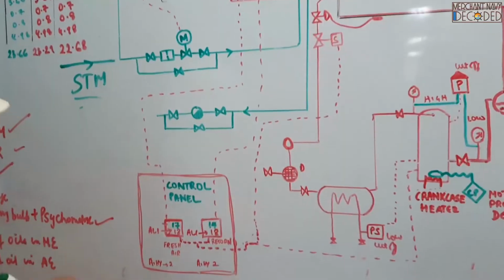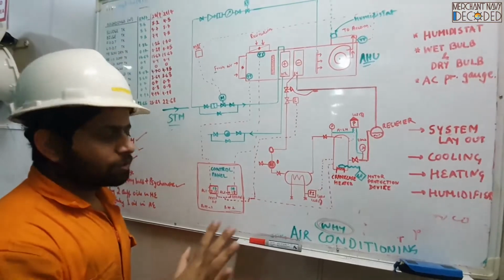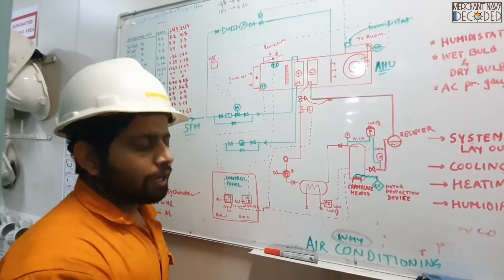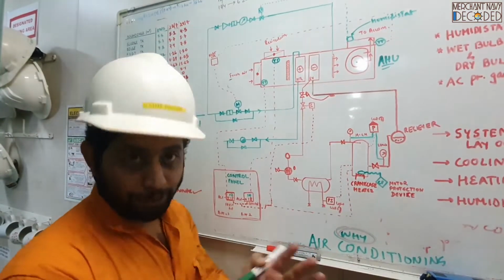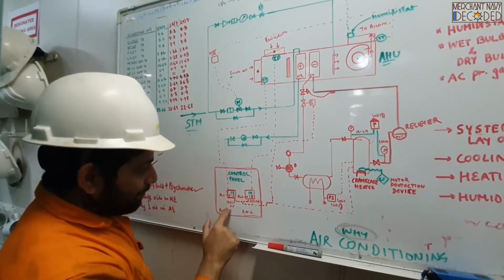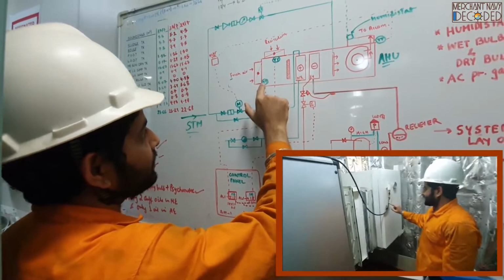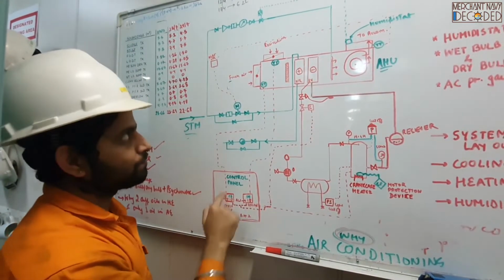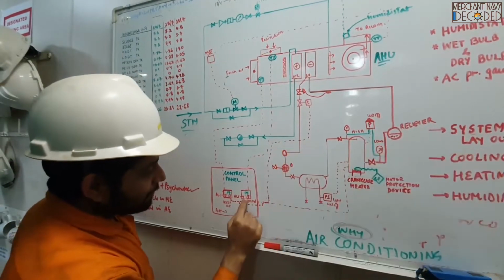So guys, what this control panel says, suppose now my air conditioning system is running, because right now the outside temperature around my ship is around 27, 28. So my AC system is actually running right now. I have got two temperature sensors fitted over here. I have got a fresh air temperature sensor: how much is the fresh air temperature? And I have got a temperature sensor fitted in the recirculation line: how much is the temperature in the recirculation line?